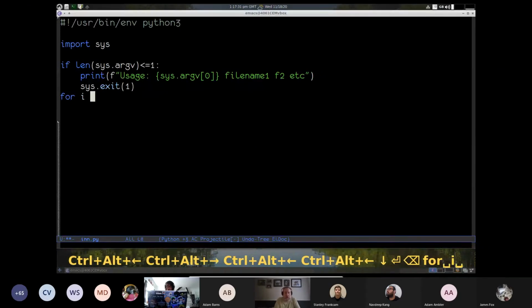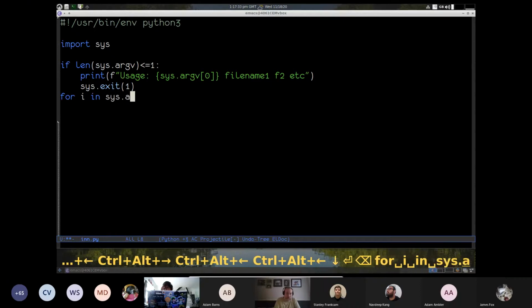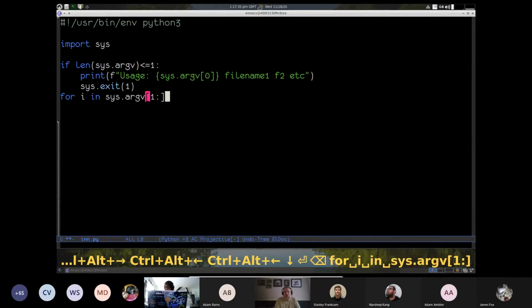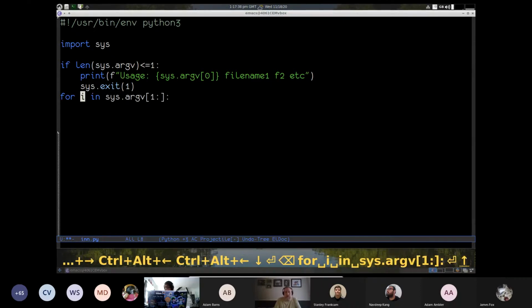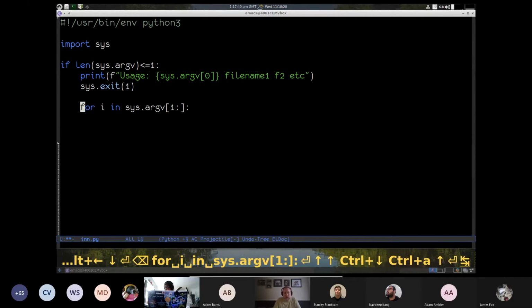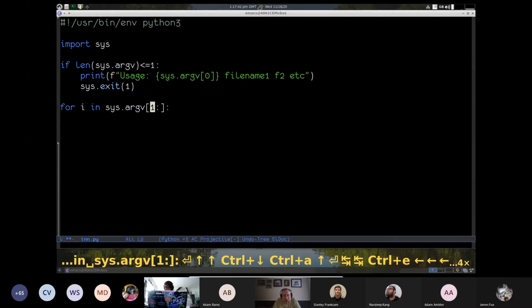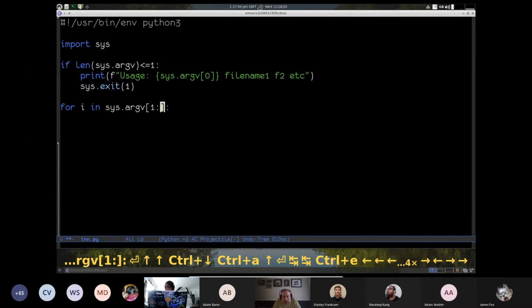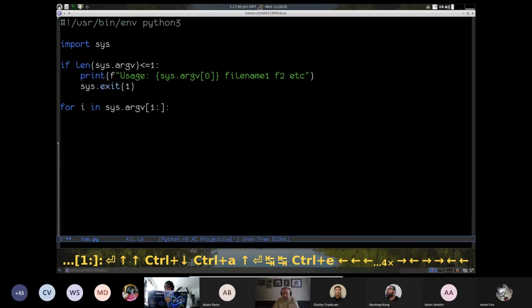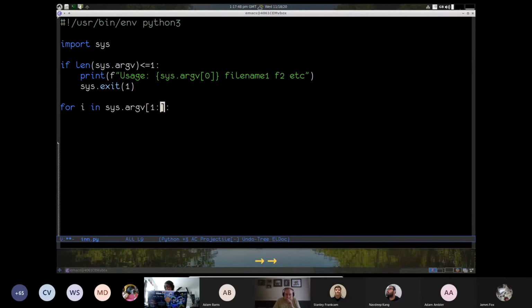So we could say for i in sys.argv[1:] onwards. So that takes everything upwards. If you remember our array slice notation or list slicing notation, you've got this starting point, ending point. One is the second item in, so it's skipping the 0 one. And when we don't give it another number, so we would put a number in there if we wanted to, it will go up to the end. We can then do